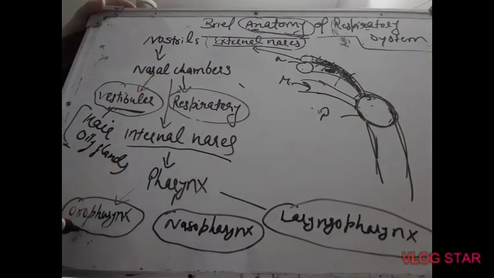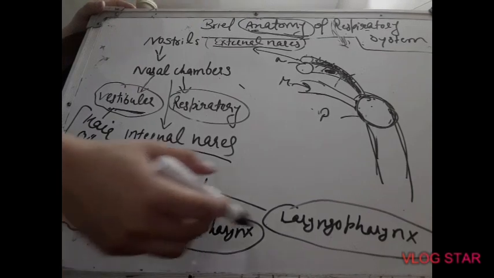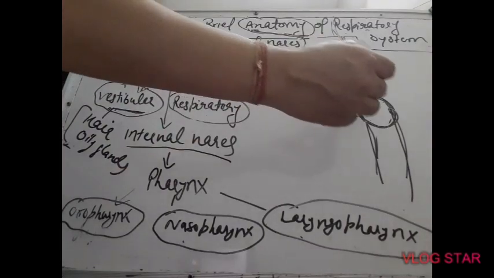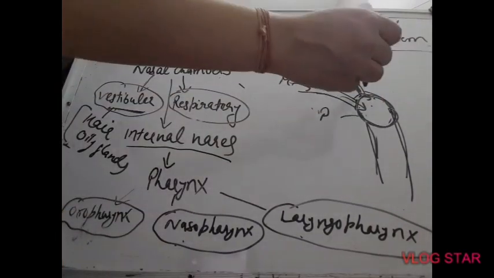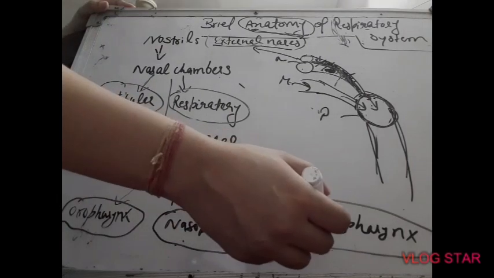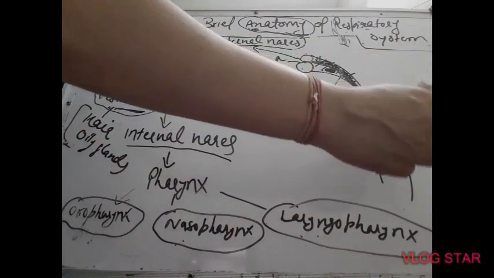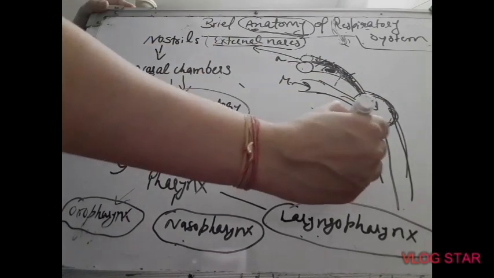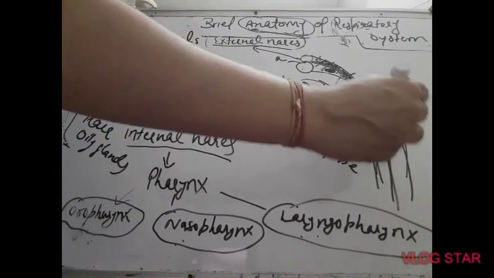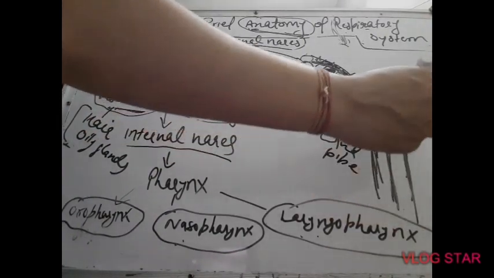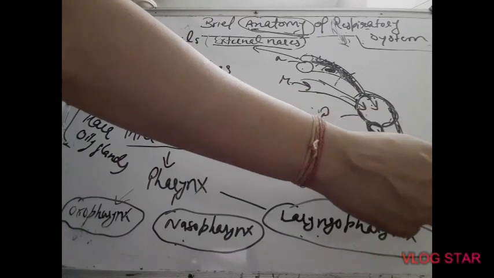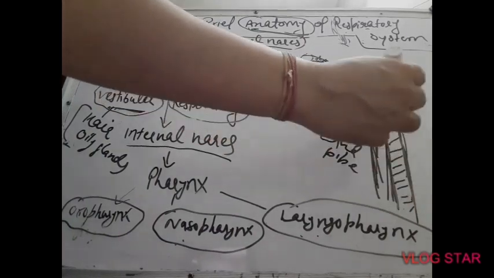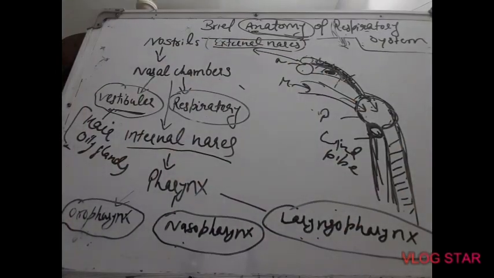Pharynx further has three areas: oropharynx, nasopharynx and laryngopharynx. The two we have done earlier. Oropharynx is the part of the pharynx where mouth opens, nasopharynx is the part where nose opens, and laryngopharynx is the part which leads to the windpipe. We have two pipes in our throat, in our neck. The front one is the windpipe, and the one found at the back is the esophagus, the food pipe. So the part of the pharynx which leads to the windpipe is known as laryngopharynx.